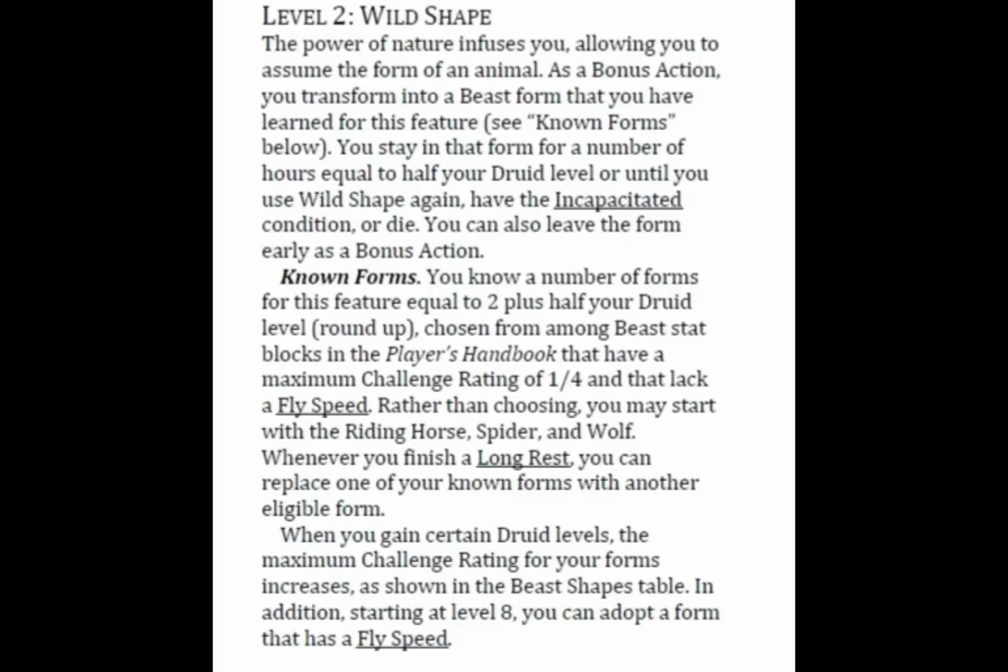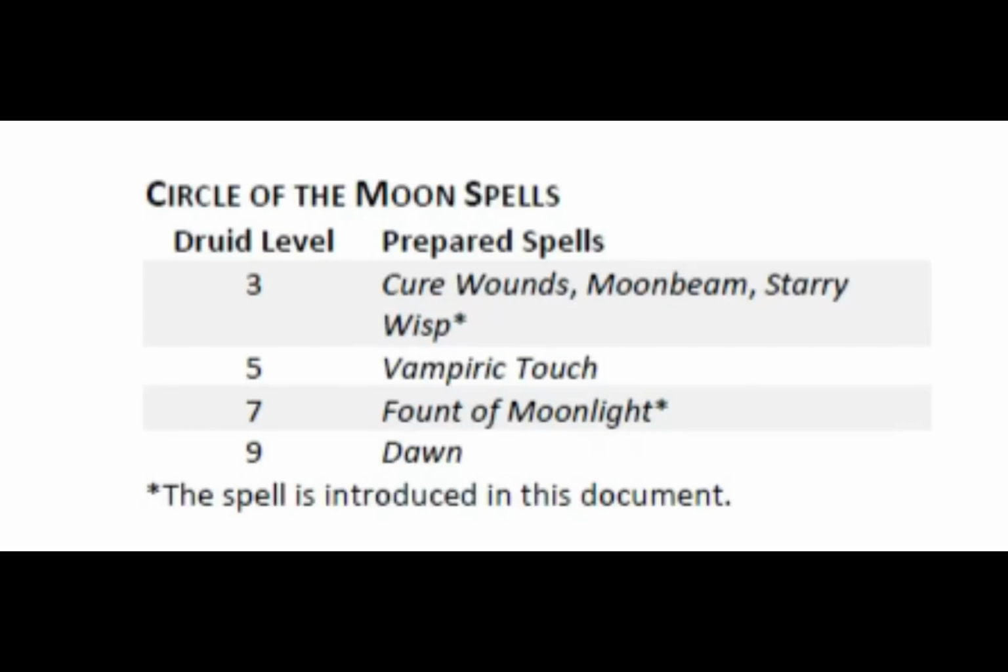Well, before we answer that, we have to look at the new Circle of the Moon rules. So at level 3, we get Circle spells. The previous playtest allowed casting Abjuration spells and Moonbeam while wild-shaped, and Moonbeam was an automatic preparation. Now we get a bunch of automatic preparations that we can cast while we're wild-shaped. We have Cure Wounds, Moonbeam, Starry Wisp, then Vampiric Touch at level 5, Fount of Moonlight at level 7, and